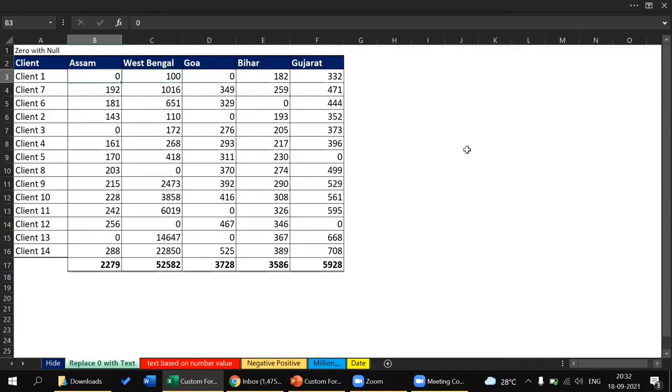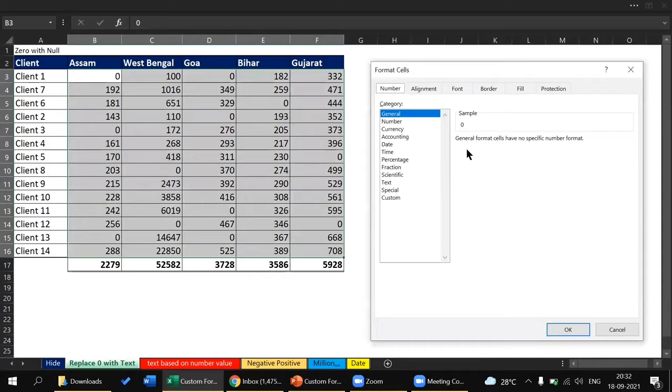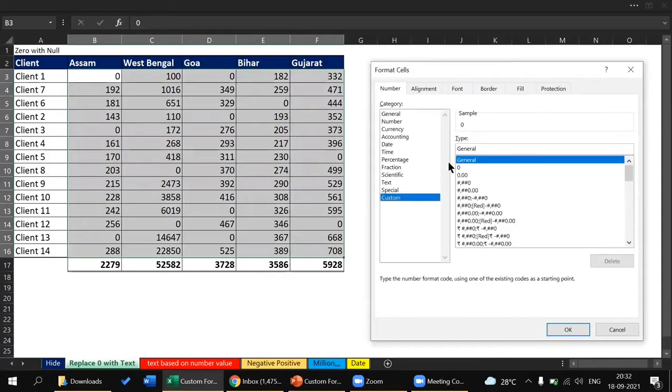So you just first simply select the cells that you want to apply custom formatting on, and then hit Control 1 button, go to custom section, and here you will see, as you remember that I have just told you, the structure of the custom formatting. First one belongs to positive number, second one belongs to negative number, but third one, that is zero.